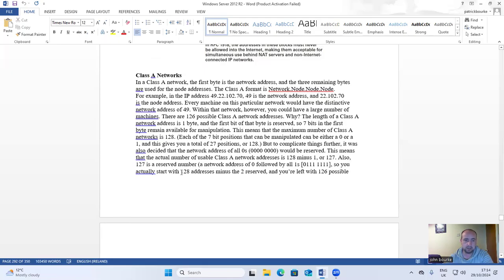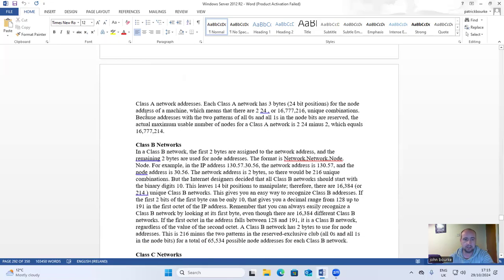Also, 127 is a reserved number, a network address of 0 followed by all ones, 0111 1111. So you actually start with 128 addresses minus the two reserved, and you're left with 126 possible